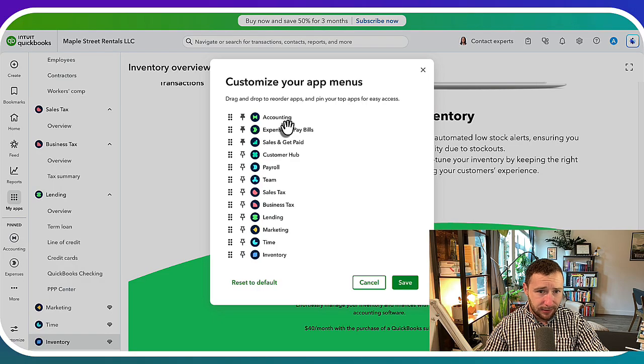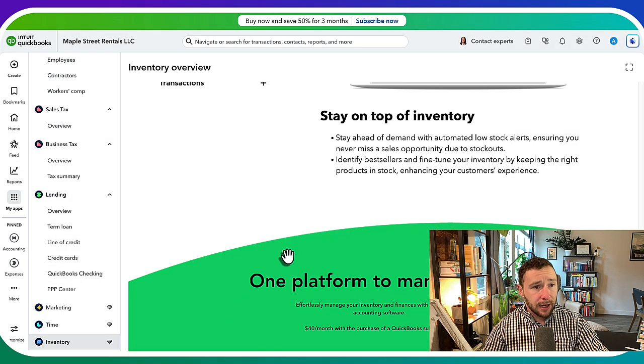Accounting is the one I use the most, obviously, as an accountant. Yeah, with my clients who have employees, payroll is a good one to have nearby as well. All right, so we just went over